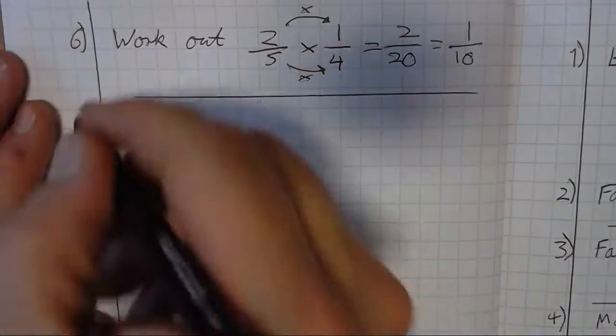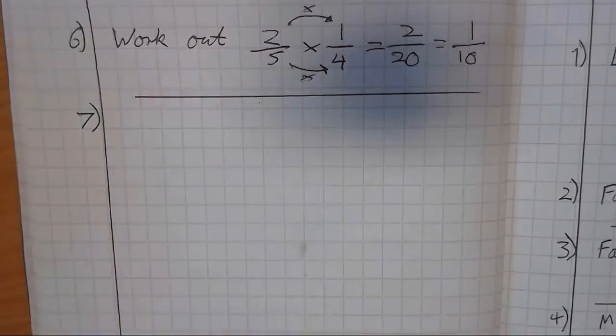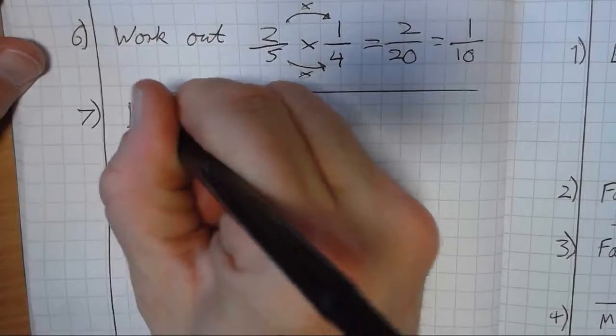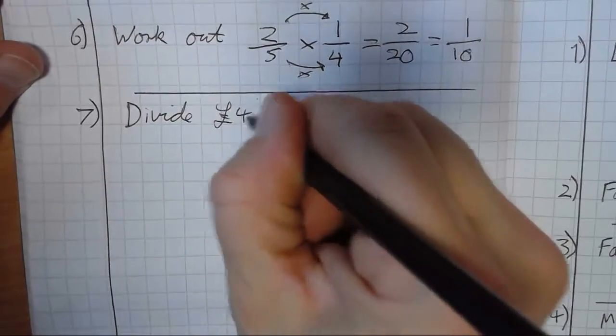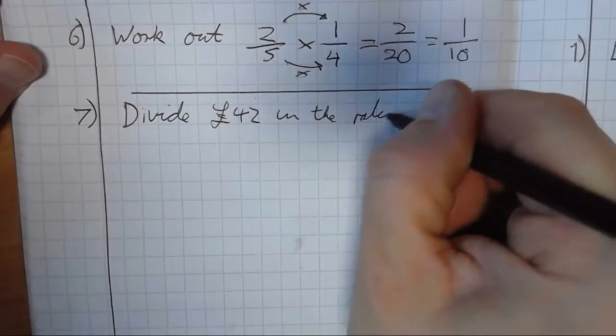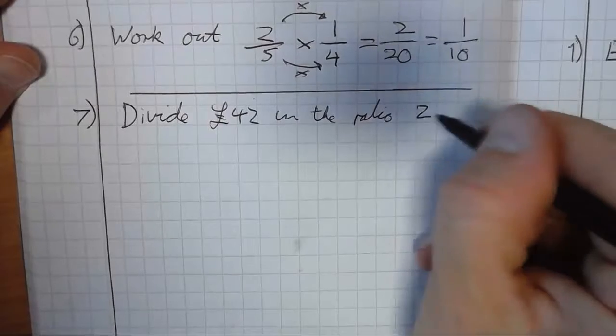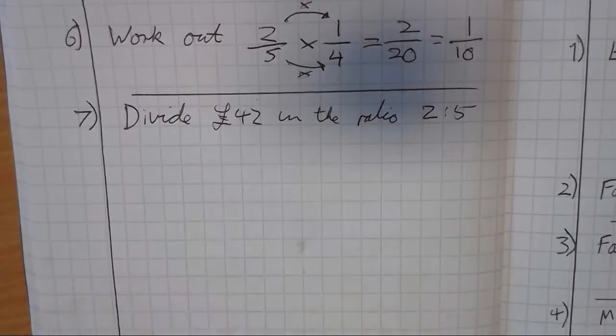Question 7. Right, this one again is a straightforward one. Divide 42 in the ratio 2 to 5. So if you've just got a simple dividing in a ratio, this is one of those where